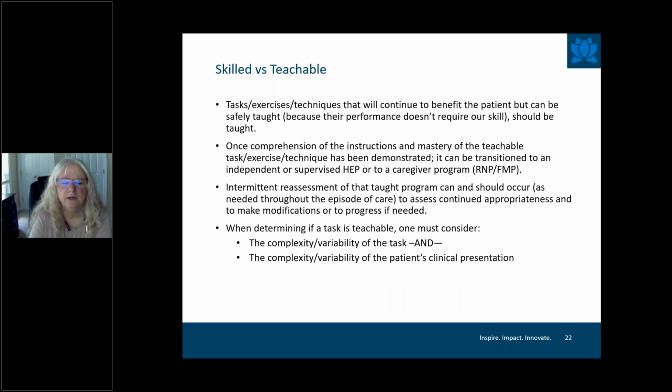Skilled versus teachable. When do I keep it as a skilled clinician, and when can I hand it over? When can I teach it to somebody else? So tasks or exercises or techniques that will continue to benefit the patient but can be safely taught because their performance doesn't require our skill should be taught. Once the comprehension of the instructions and mastery of the teachable task or exercise or technique has been demonstrated, it can be transitioned to an independent or supervised home exercise plan or a caregiver program. The discipline, the PT, OT, or ST can come back in for intermittent reassessment of that taught program, and it should occur